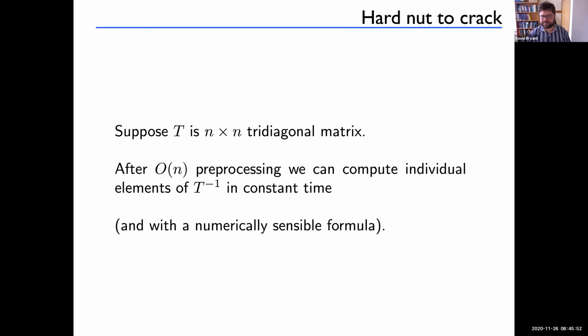But there was one nut that was particularly hard to crack here. There was a little problem that if you've got a tridiagonal matrix, so that's got non-zero entries down the diagonal and the diagonal immediately above and immediately below. It turns out that with linear time preprocessing, you can start querying these entries. Now that plays a key role in being able to efficiently compute the preconditioner. It's easy to come up with a formula using Wikipedia. It's hard to come up with a version of the formula that actually numerically makes sense.